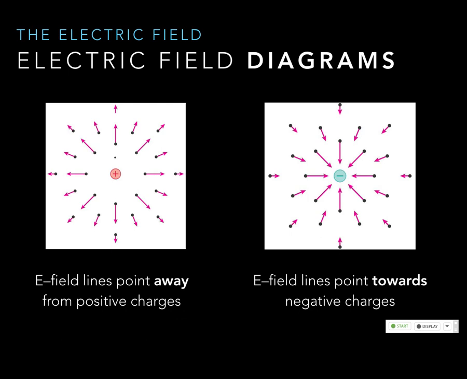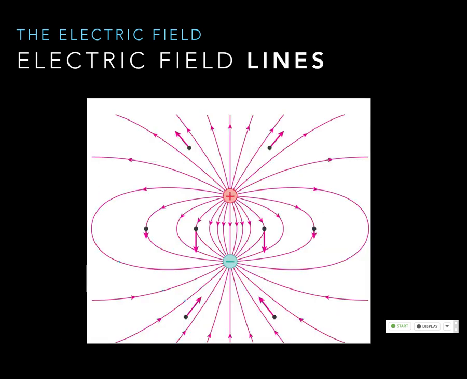Okay? And then you can imagine if you have a negative charge, the electric field lines go in. And the key is you always want them evenly spaced on the starting charge and evenly spaced on the ending charge. And it turns out if you have two things like this, the electric field lines connect. So you start on a positive charge. You can see these are pretty evenly spaced. They bow out and they end on a negative charge.